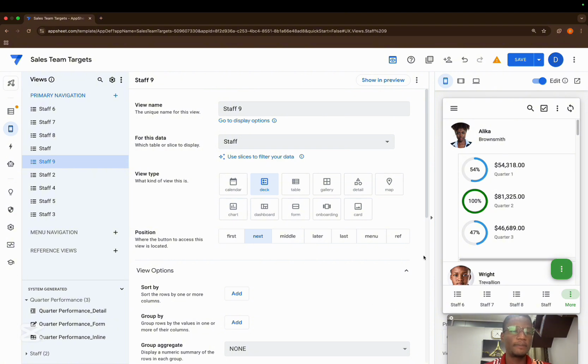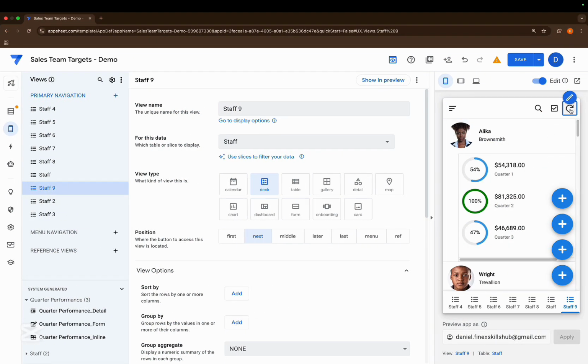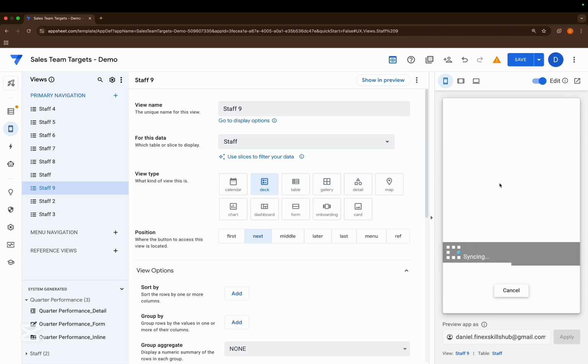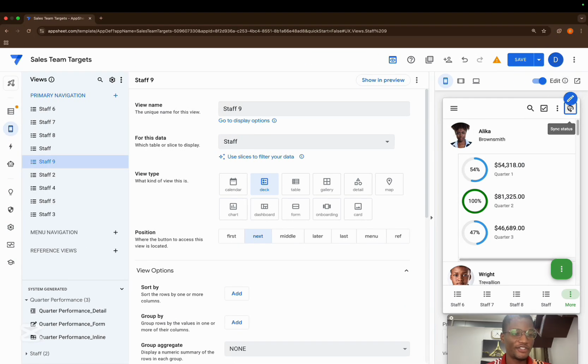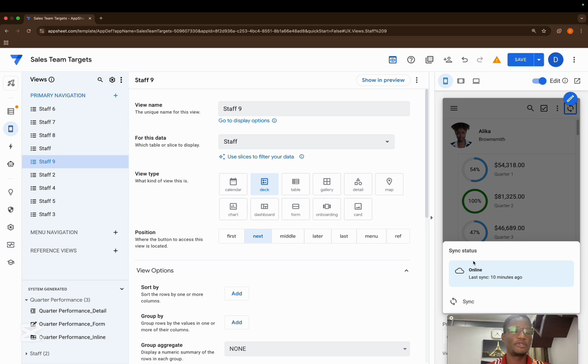Okay, now in the app, you would have also noticed that the sync icon has changed. So in the old version, this was our sync icon. When you click here, it syncs. But in the new version, it's going to give you some information on when it last synced, and then now